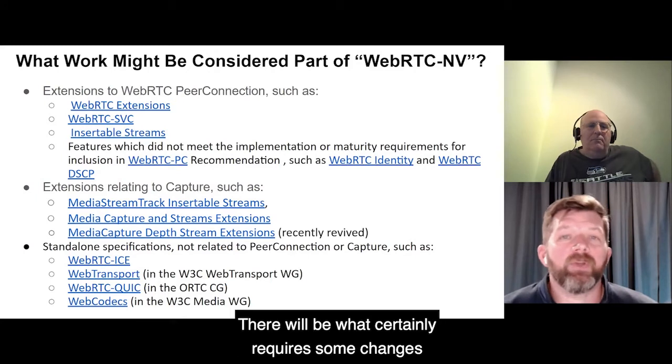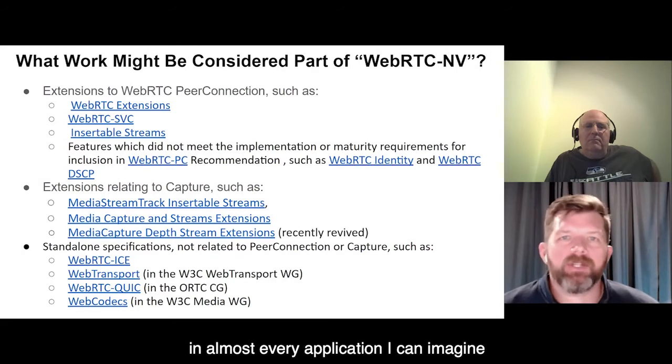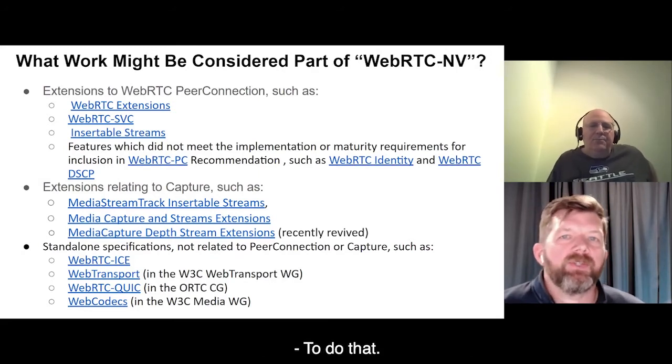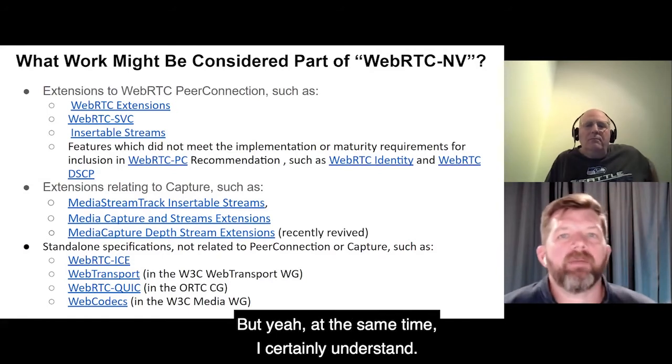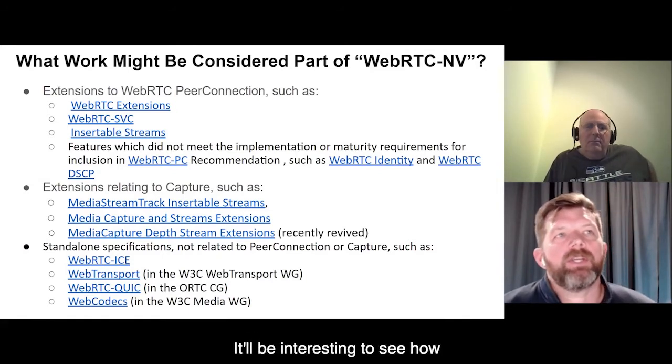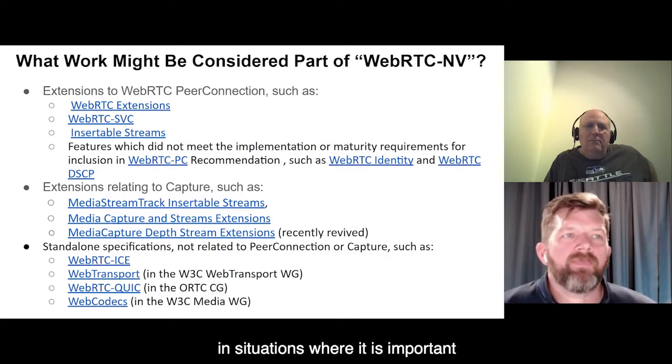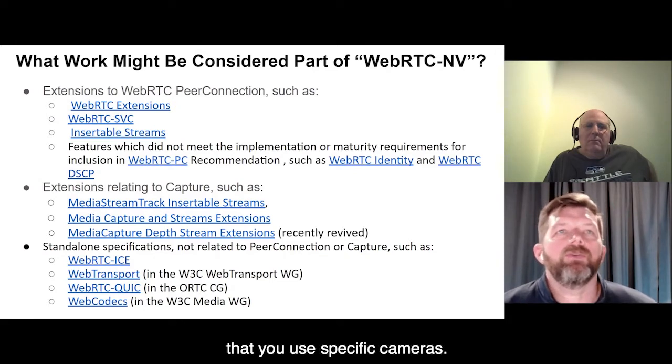Yeah, absolutely. I agree. It would certainly require some changes in almost every application I can imagine that we've developed. But at the same time, I certainly understand. It'll be interesting to see if that causes any use case impacts in situations where it is important that you use specific cameras.